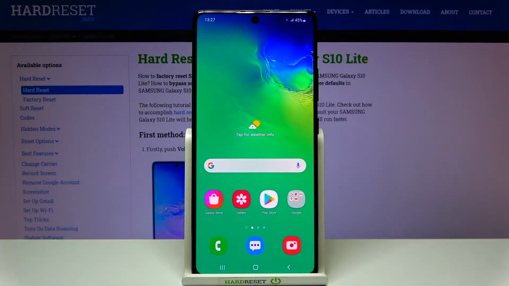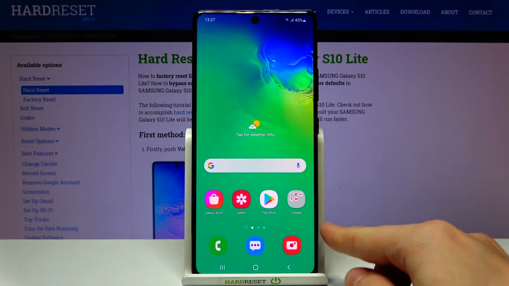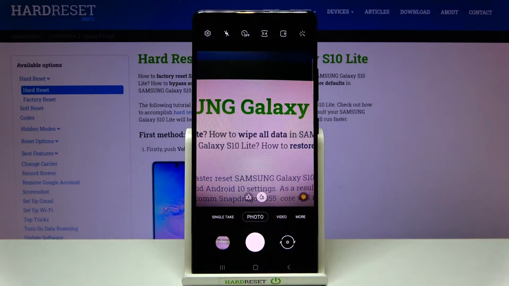Welcome, here I've got Samsung Galaxy S10 Lite and I'm gonna show you how to change aspect ratio in the camera app at this device. So at first we have to tap on the camera button to open it,